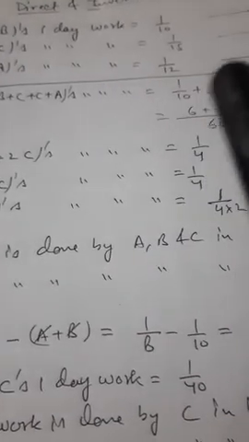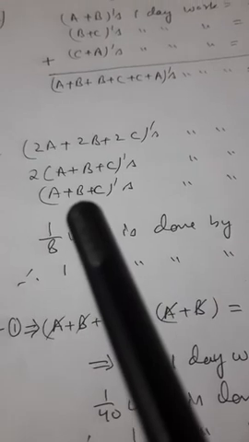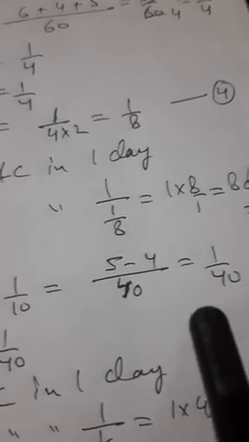So the rule is same as I have explained above. How to add the equations? We add left hand sides together and right hand sides together. In subtraction also we subtract left hand side from the left hand side and right hand side from the right hand side. A plus B plus C is on the left side here, and A plus B on the left hand side here. We subtract, and here it is 1 upon 8 minus 1 upon 10. So we simplify this, we get 1 upon 40.